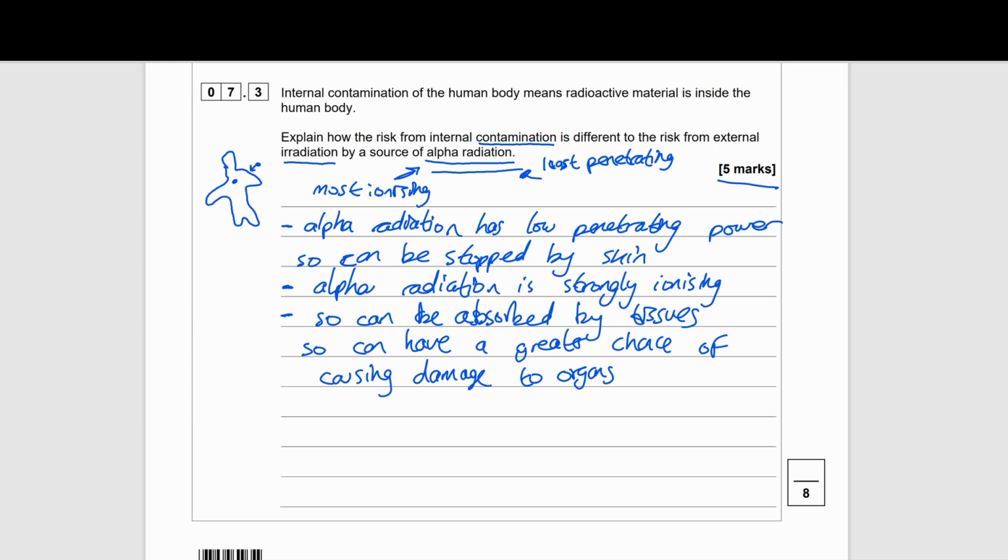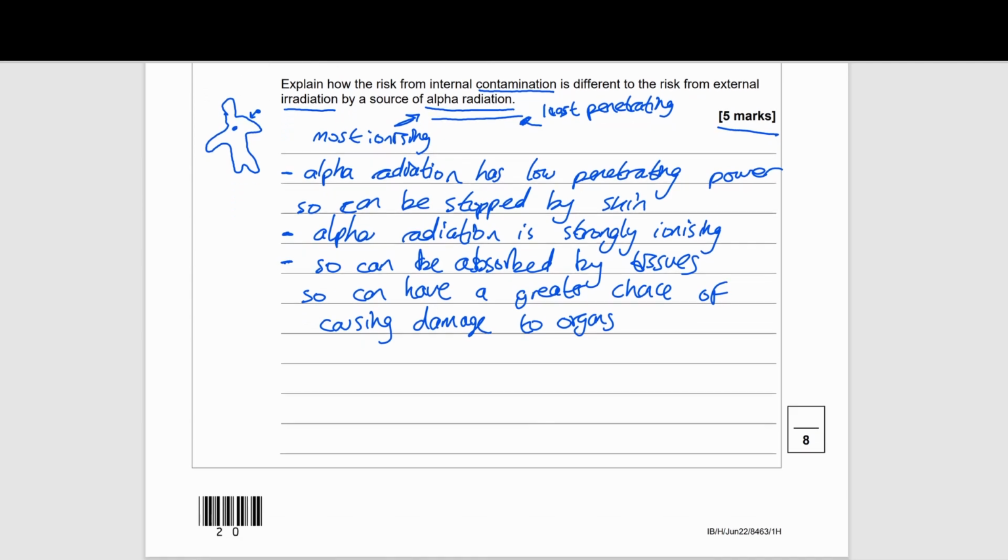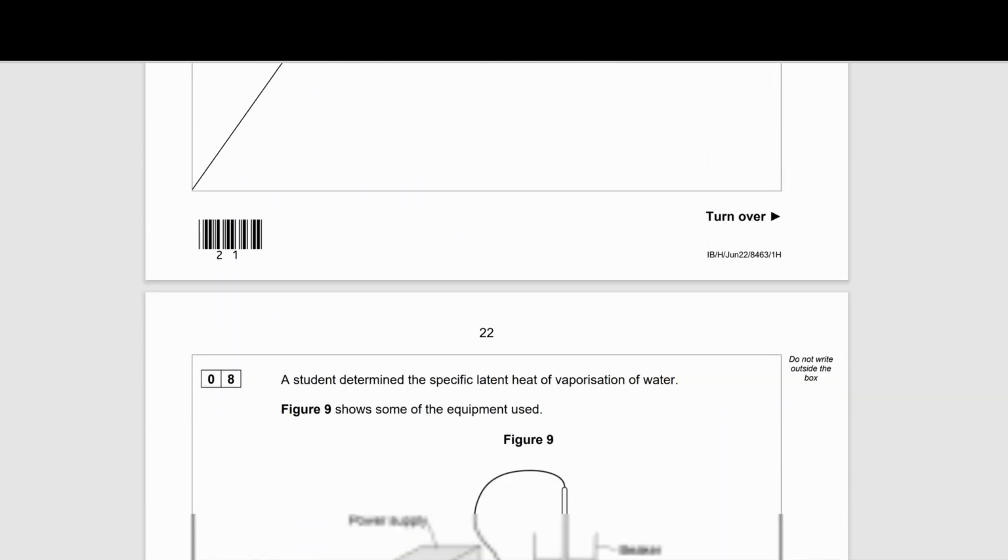Well, because it can be ionizing, it could also lead to damage of the cells through mutation. But I think right now we have enough to get our 5 marks. We've mentioned the ability of alpha radiation to penetrate. We've said that because it's low, it can get stopped by our skin, so that's fine. We then talked about a second property, which has this ionizing power. We've said that what that can mean is that the radiation can be absorbed. So then the actual risk is that it's going to be greater compared to the external radiation of damaging our